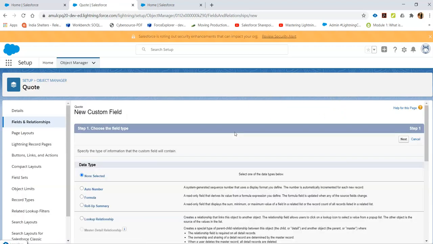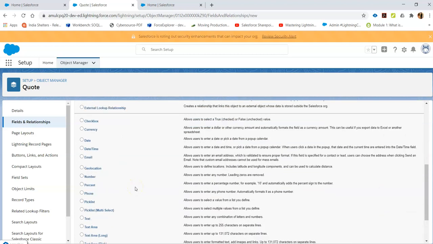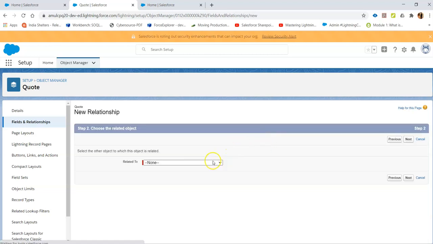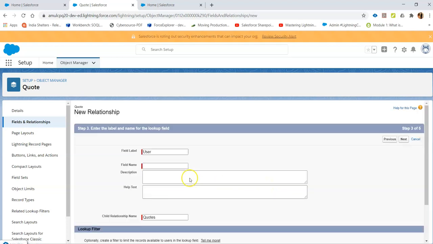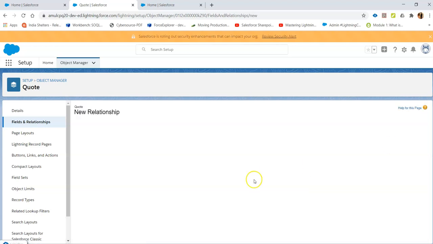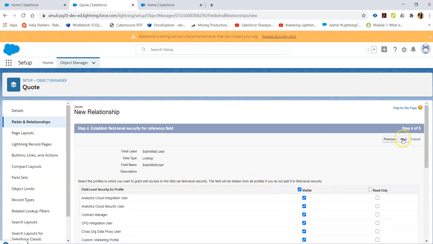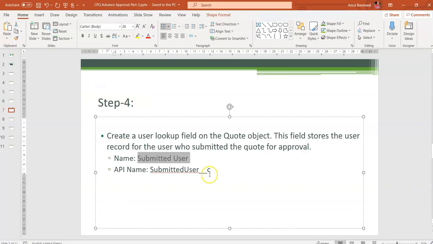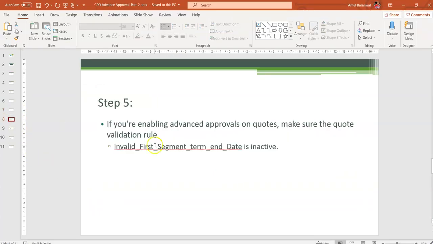Again, without space, without underscore. Click on Next. Make it visible for all profiles. Click on Next. Make it visible on the layout. Okay, let's move to the next step.